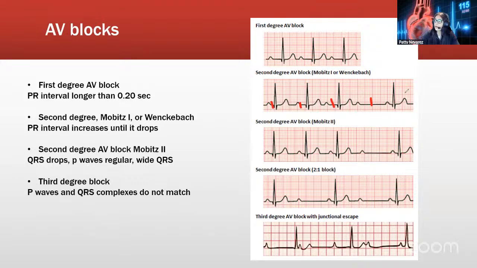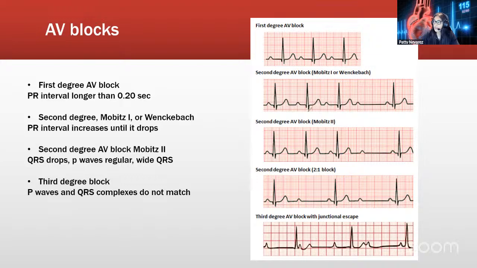Longer, longer, longer, drops. This is very important. The QRS is still good, less than 3 little squares, which is less than 0.12 seconds. Everything else looks good. It's just odd that you're going to identify right away that it's missing a QRS when you first take a look at your strip. And then you're going to take a look at the second